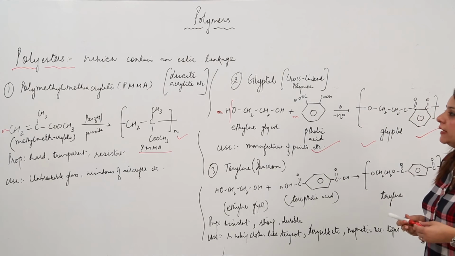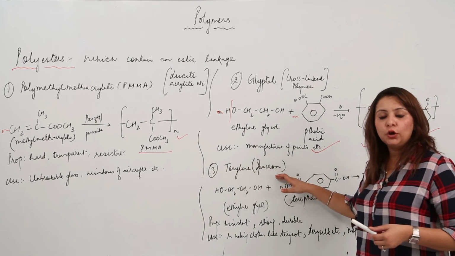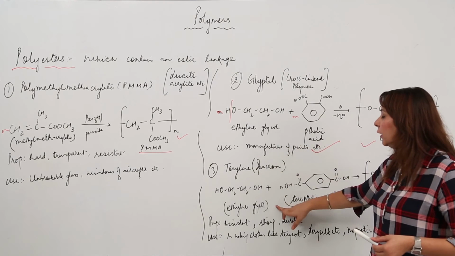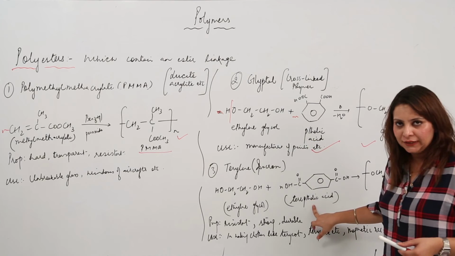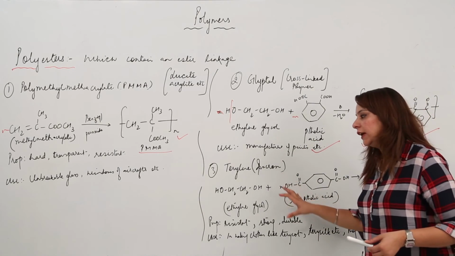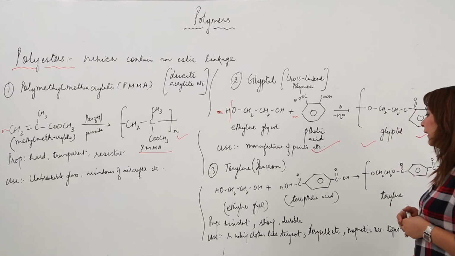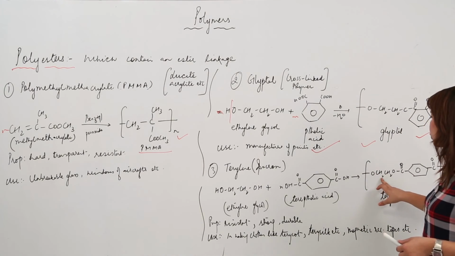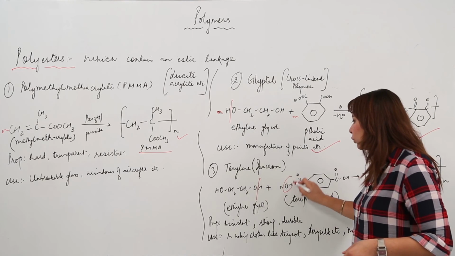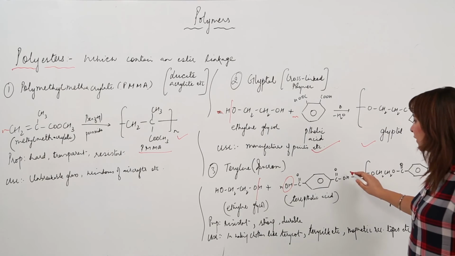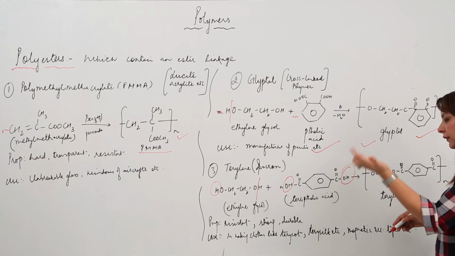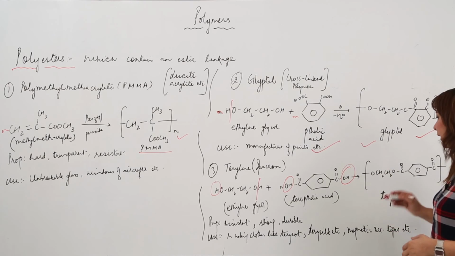The next polyester polymer is the Terylene, that is commonly called Dacron also. Its monomer is again ethylene glycol, but instead of phthalic acid we have terephthalic acid. So these are the formulas, as you all are familiar. So this is again a condensation polymerization. When they link up, it will form O, CH2, CH2O, CO. When they get linked up, this H and this OH get removed, and likewise from the other unit, and the monomers get condensed.